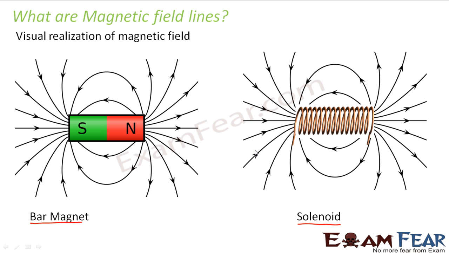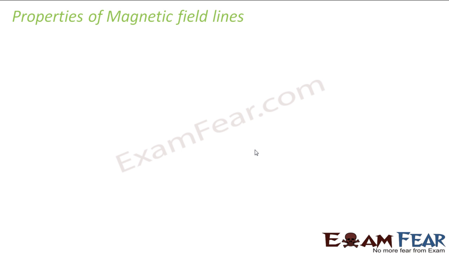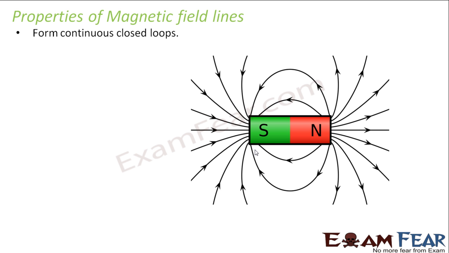So in a way there must be some resemblances between a solenoid and a bar magnet, because of which their magnetic field lines are exactly similar. Right? We will talk about the similarities between a bar magnet and a solenoid in the coming slides. For now, let us focus on magnetic field lines. Here we will discuss some of the properties of magnetic field lines.